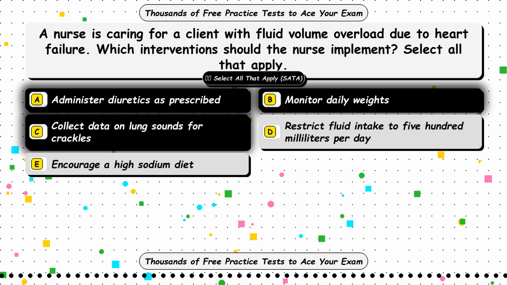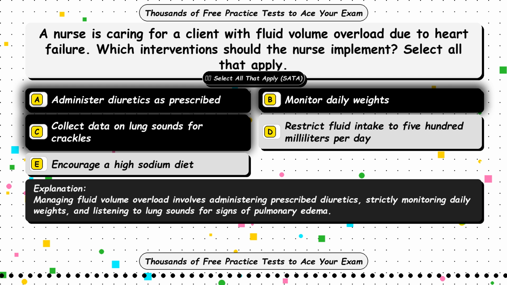The correct answers are options A and B and C. Administer diuretics as prescribed. Monitor daily weights. Collect data on lung sounds for crackles. Managing fluid volume overload involves administering prescribed diuretics, strictly monitoring daily weights, and listening to lung sounds for signs of